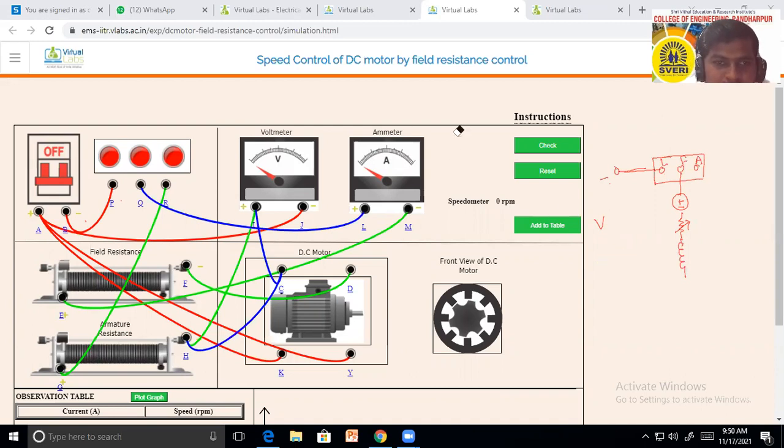Okay, now see, here it is the field winding and this one is one of the terminals like positive terminal. Here it is the supply voltage. See the connection, F terminal to ammeter terminal. Here this one is the L, this one is the F and this one is the A. So this terminal can be connected to one terminal of the ammeter. Next terminal of the ammeter can be connected to one terminal of the rheostat.